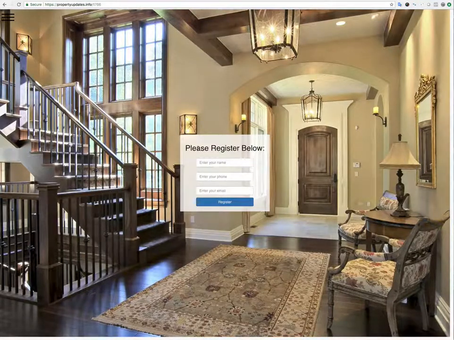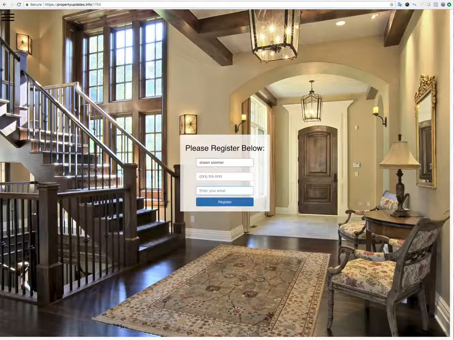Well, this way, as long as you've got, say, a hotspot or Wi-Fi at the open house, and you've got your tablet or laptop, whatever you have, you can bring up this landing page you create. And when they come in, all they do is enter their name. Let's say I put in Sean Summer, and then their phone number. And you can say, look, if you don't want to give me your phone number, fine, no problem. Just put a bunch of ones in there, because maybe they don't want to give you their phone number. But